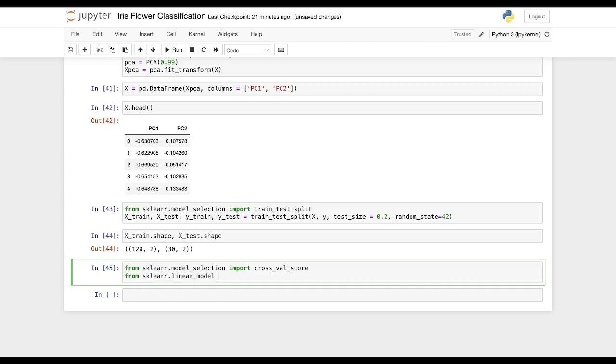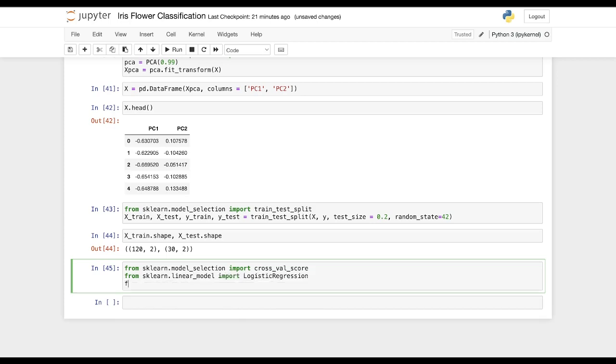you will import logistic regression. Then from sklearn dot ensemble, you will import random forest classifier.